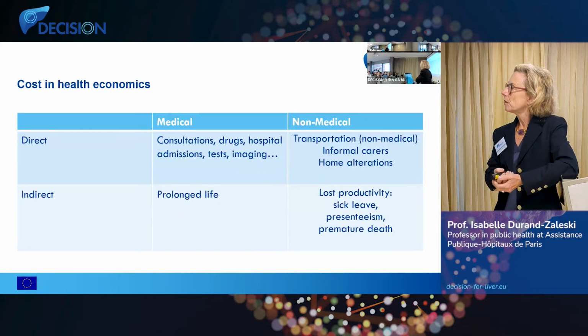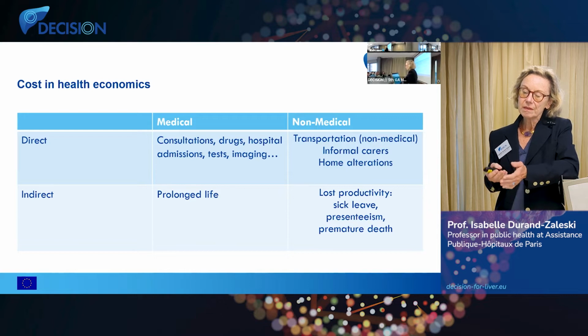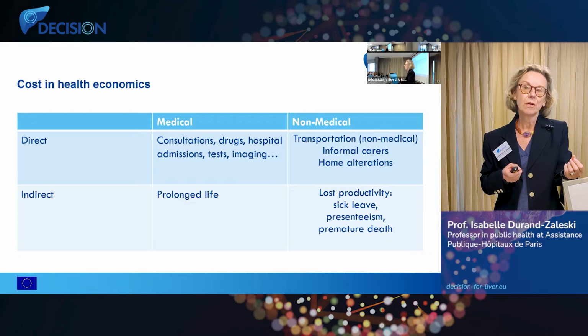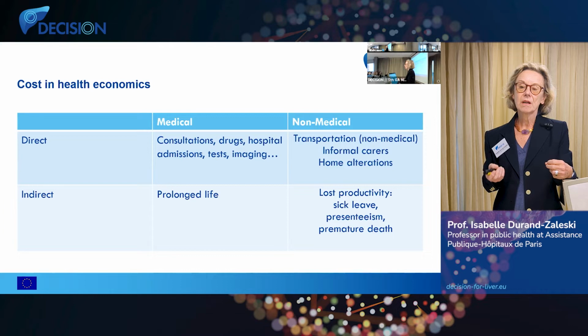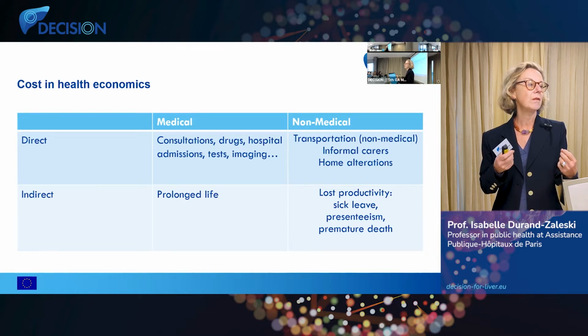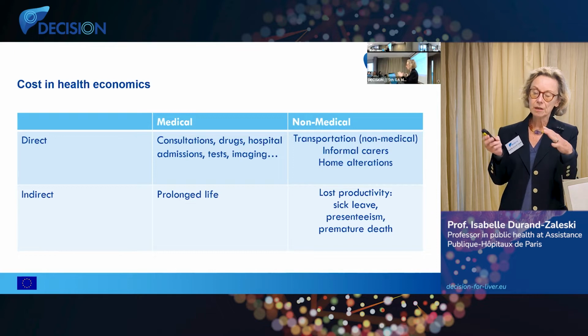So now, how do we categorize costs? This also explains some of the vocabulary you will read in specialty articles. They are usually separated between direct, indirect, and medical, non-medical. The direct costs, which are on the first line here, are those that are necessary to treat a patient, to obtain the health results. What is funny is that the division between what is medical and what is non-medical